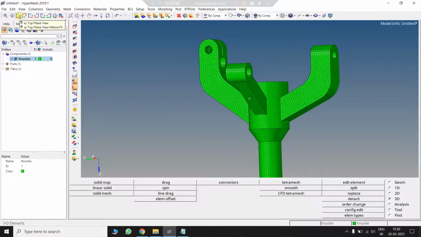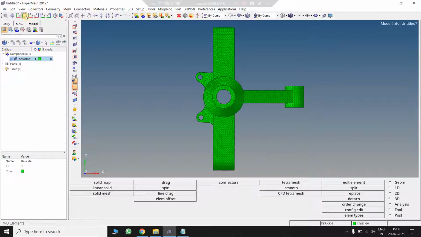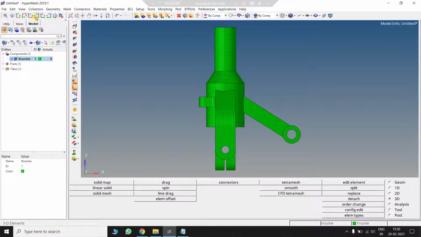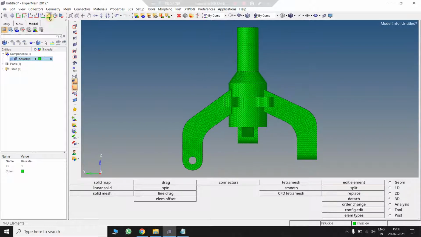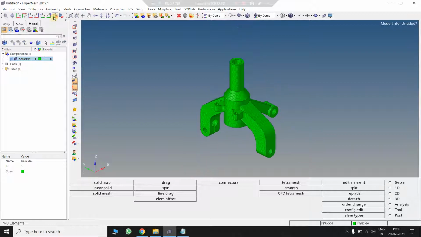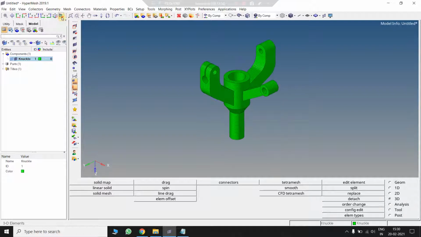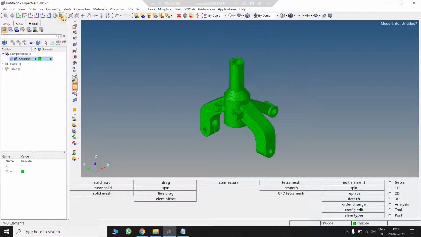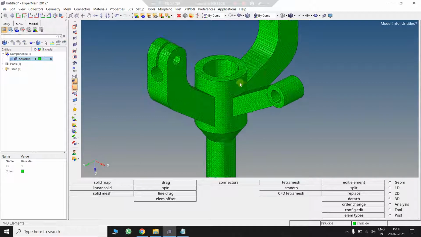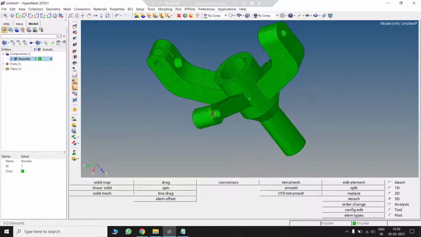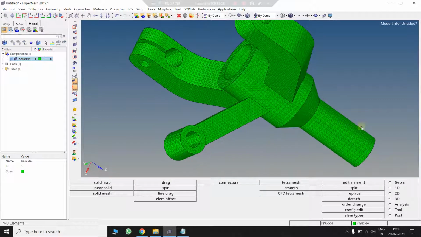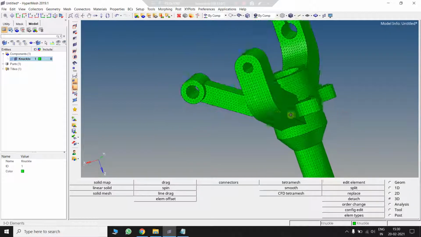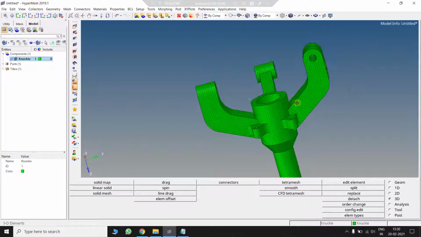and you can press this button to get a view. These are the views available. So this is the isometric view, and this will give a mirror image or a reversed view, whatever you say it. So this is how meshing is done in Hypermesh for a solid element. Thank you.